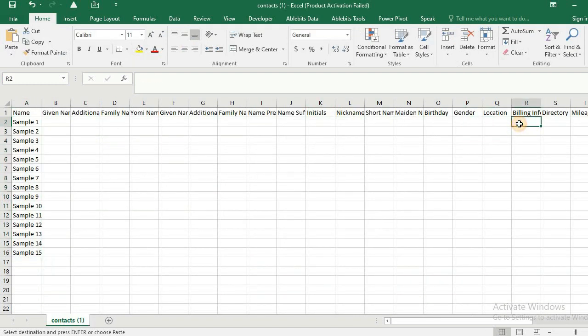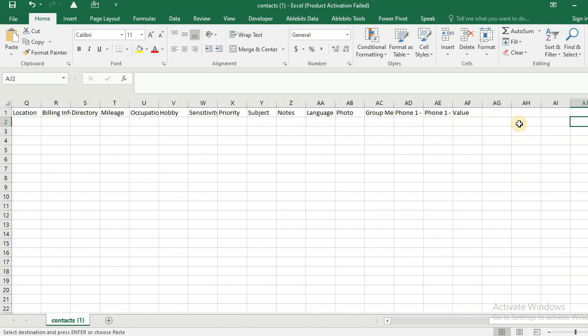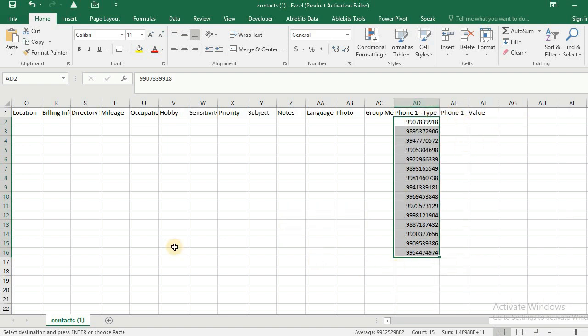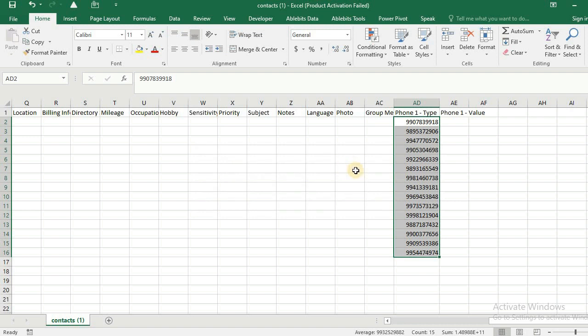For number, I will go to the number column, exact number column. This is phone 1. That's it. Now save this file. So my WhatsApp numbers are saved in this CSV file named contact1.